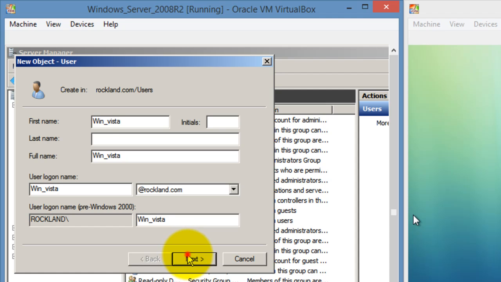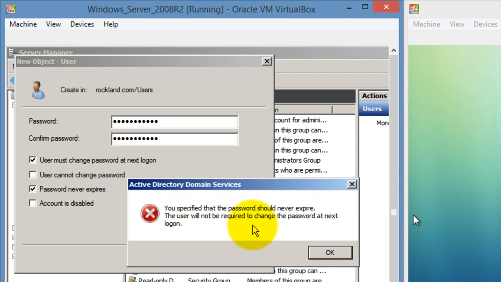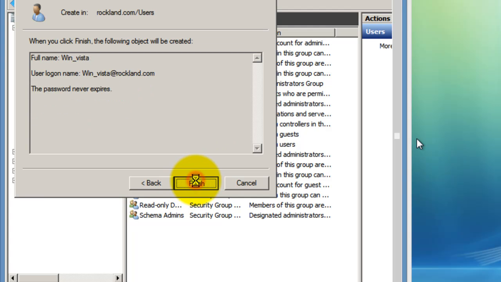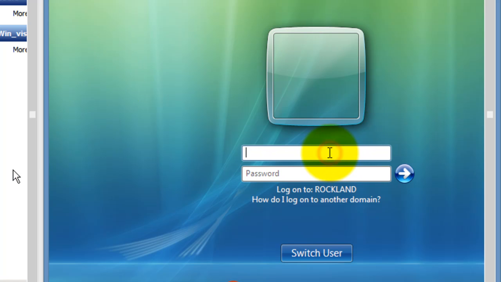Alright, so we have the Windows Vista machine, and here we can actually create a password and indicate that the password never expires. Okay, click Next, Finish. And now we have a Windows Vista user on the server, on the server domain. So when we go here to Windows Vista,